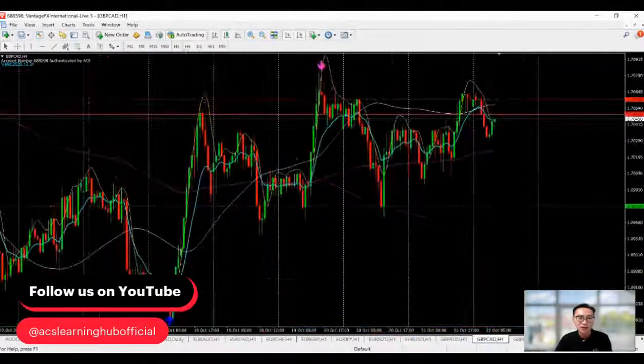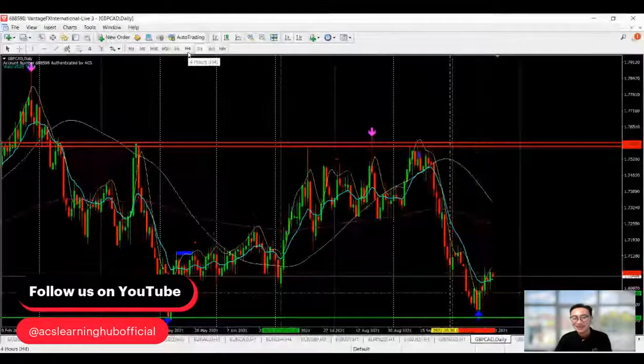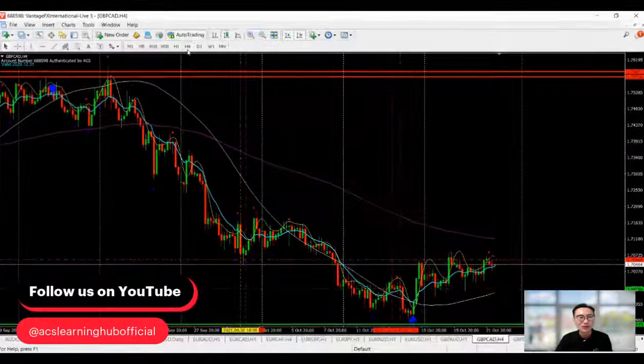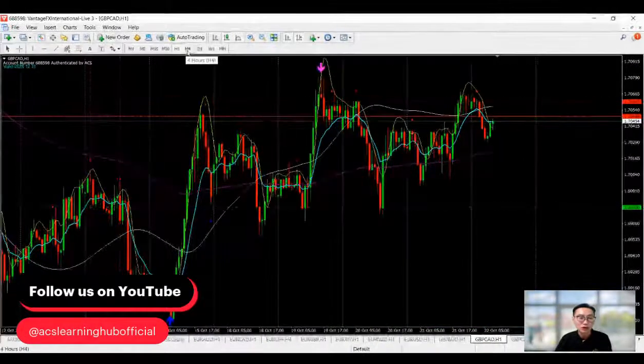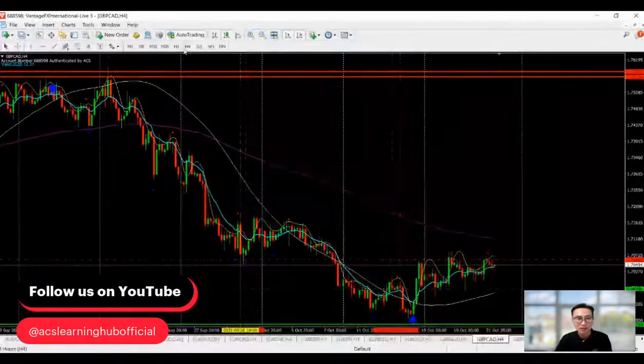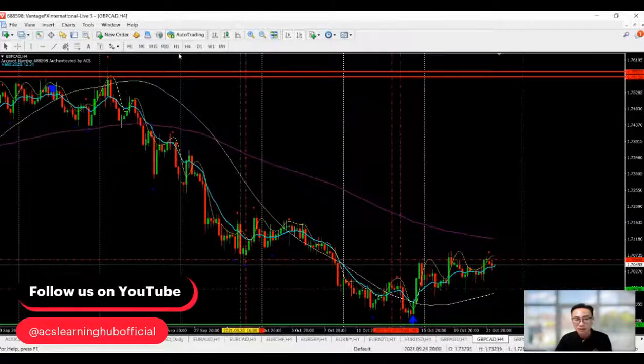Let's take a look at pound cat. Pound cat looks good today. The support has been running up so high, and now let's take a look. Is the retracement still running on? No more. We are in this part here trying to beat the resistance. Is pound cat still very good?